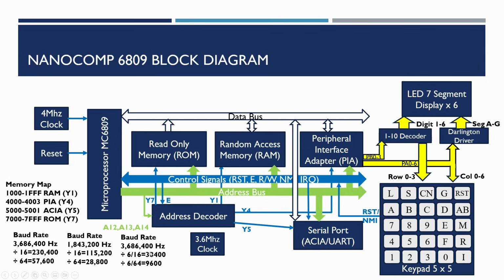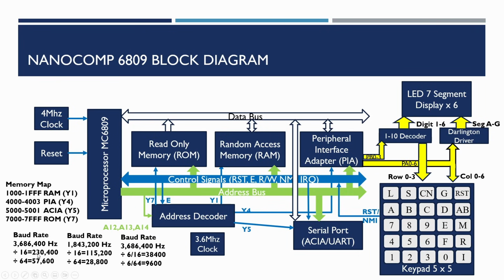Then we need a clock. There are some particular crystals that are designed to divide down to create the standard baud rates. The standard baud rates originated with about 300 baud as the original starting point. So what you'll find is a lot of these are multiples of 300. At some point, when you get to the 115,000 and 57,000, there are different multiples. So what we'll see here is if we use the 3.6 megahertz clock, the built-in dividers that the serial port